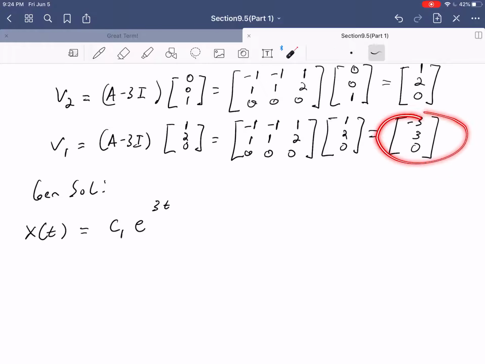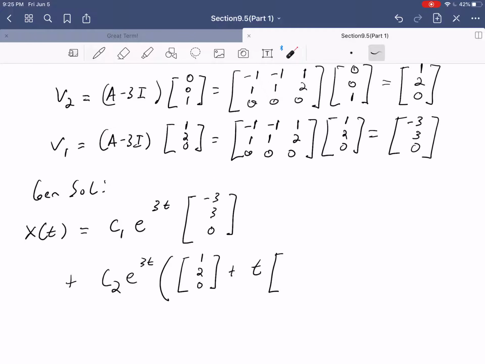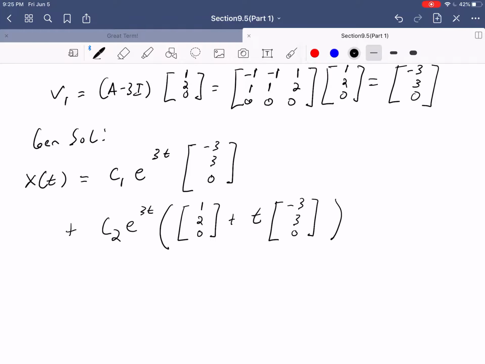And this is our order 1 eigenvector, so we use that first, negative 3, 3, 0. And then I'm going to write it sort of in the form that the theorem looks like. So then C2, and we'll have e to the 3t, and then parentheses. Now we use the order 2, 1, 2, 0, plus t times the order 1, which is going to be negative 3, 3, 0. And then plus